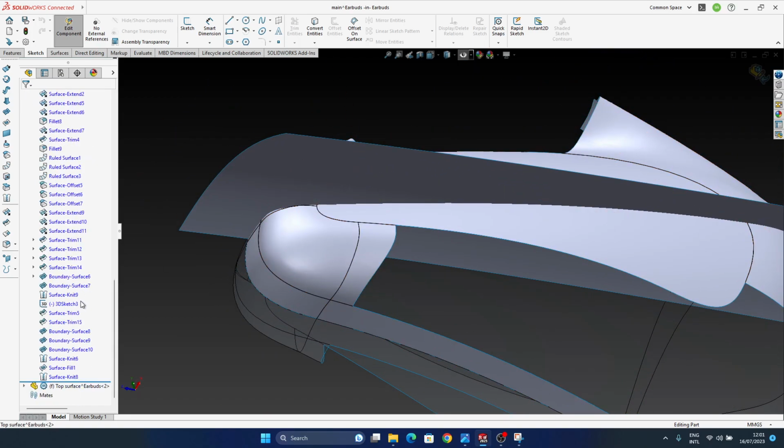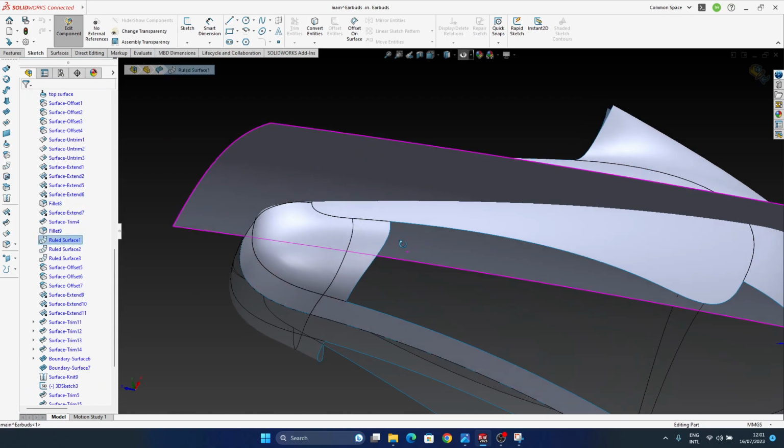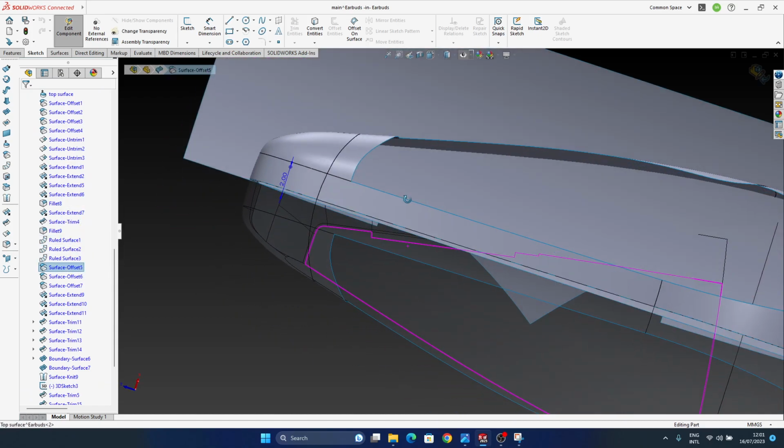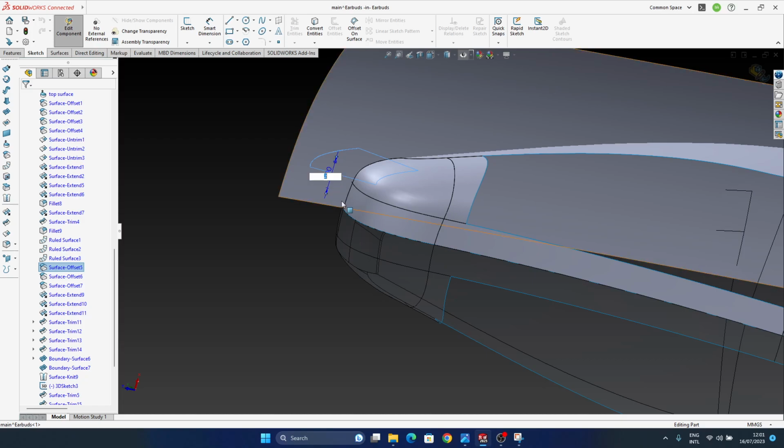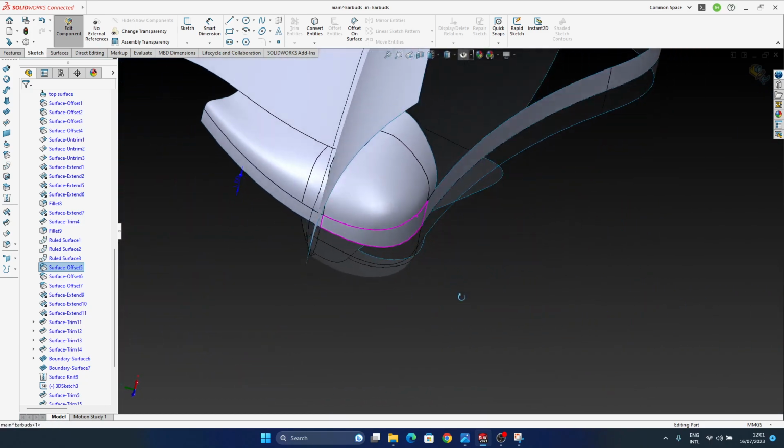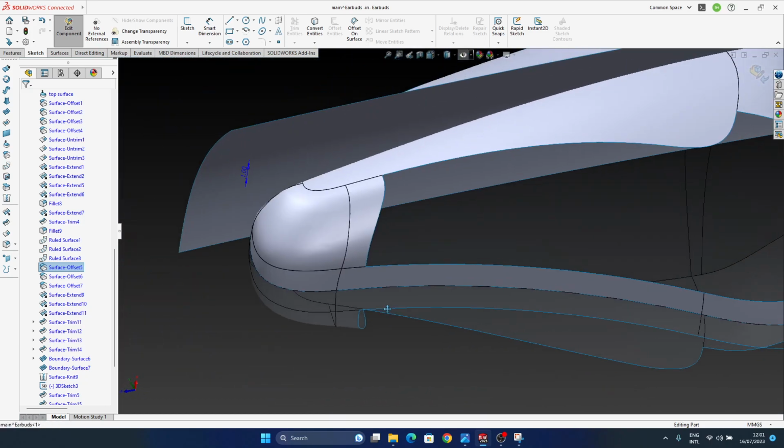But now it becomes handy, those ruled surfaces and those offsets, right? Because this one was at 2, but if now I say I want it at 1, I should have the model updated accordingly, and there you go, without any problem, no failure,